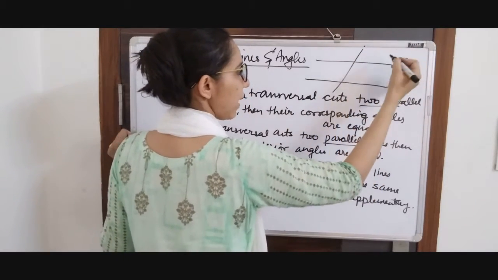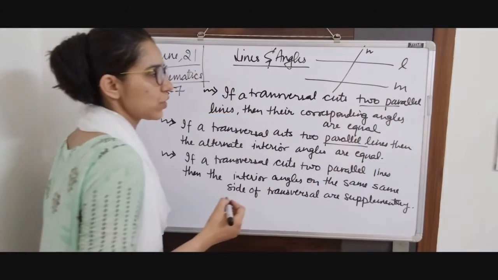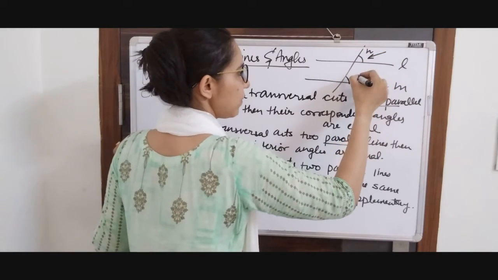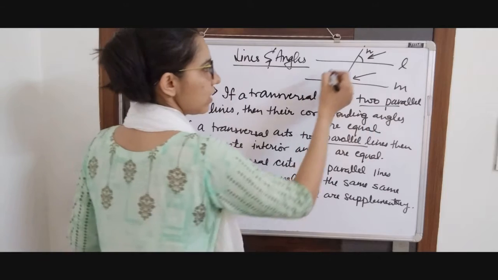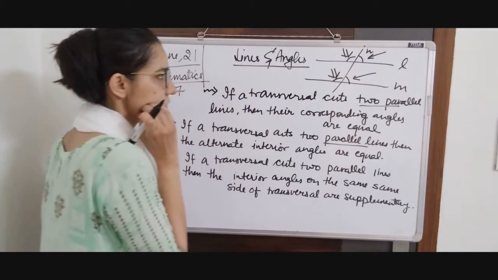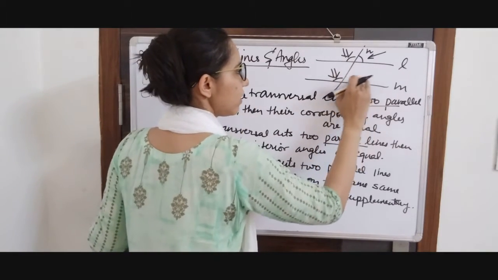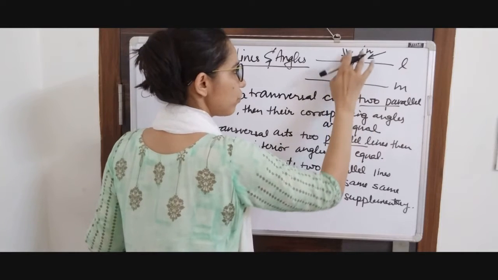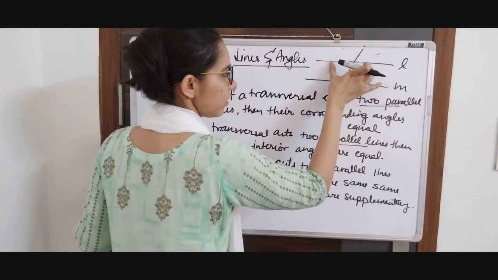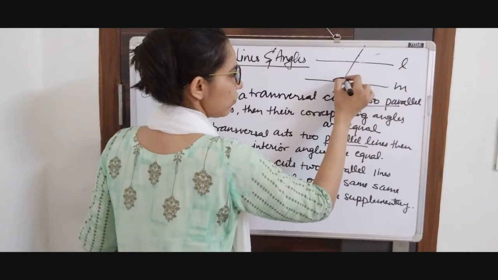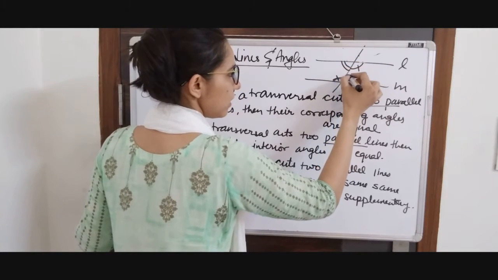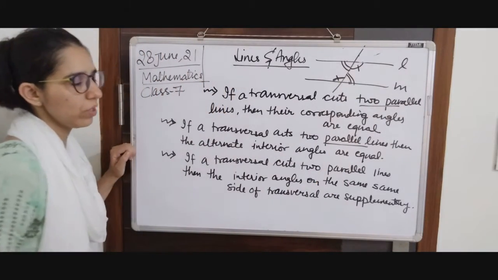L and M being parallel lines and N being the transversal of these two lines, the angles at the same placement, these are known as corresponding angles. This angle and this angle, these are corresponding angles. Alternate interior angles are in the interior of these two lines, the angles in between these lines L and M, that is what interior means. But on alternate sides: if one is on this side, the second is on that side. So this and this are going to be equal. Similarly, this and this angle are going to be equal.